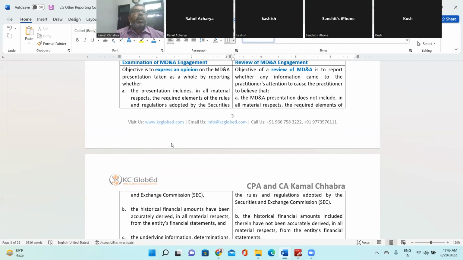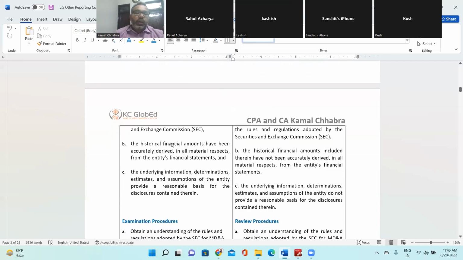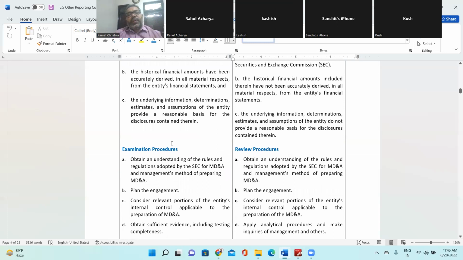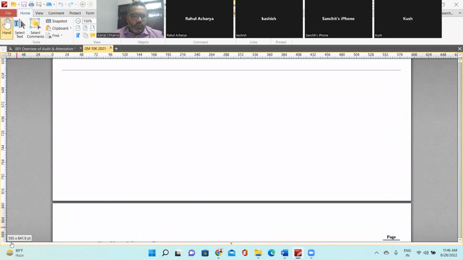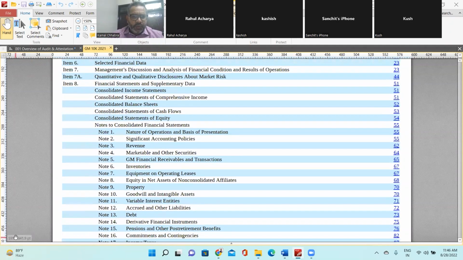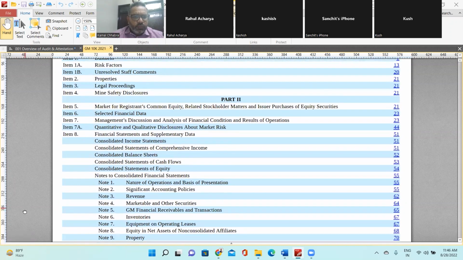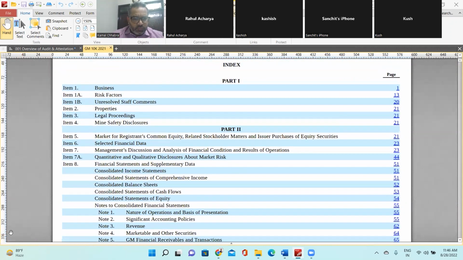So you need to ensure that the MDA has been prepared in line with the rules and regulations required by the SEC. Second is the historical financial amounts have been accurately derived in all material respects from the entity's financial statement. If, for example, there is historical data given, for example, let's say if you go to here, if you see, I'll show you, there might be some information. So for example, this 6 item,